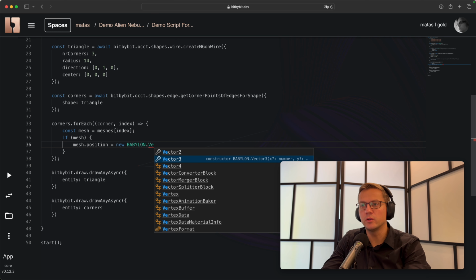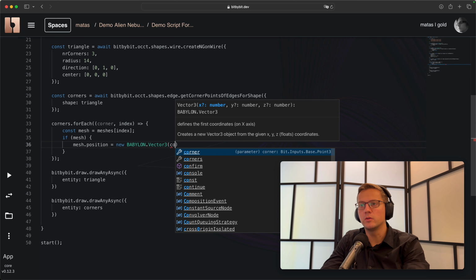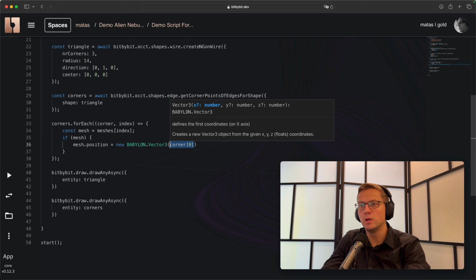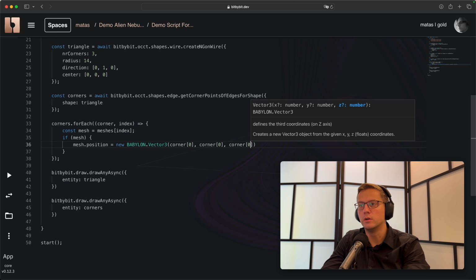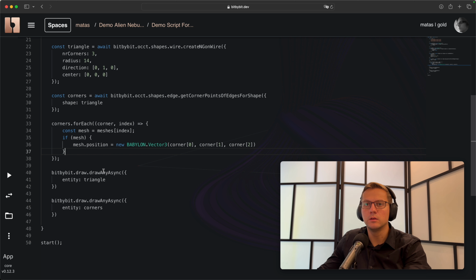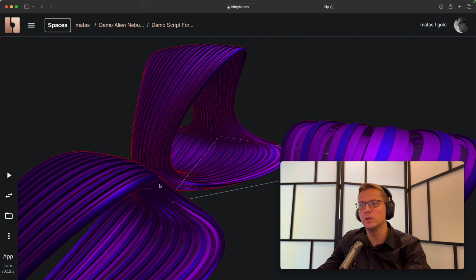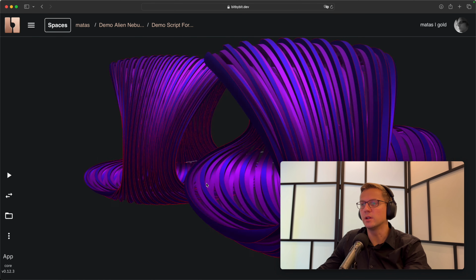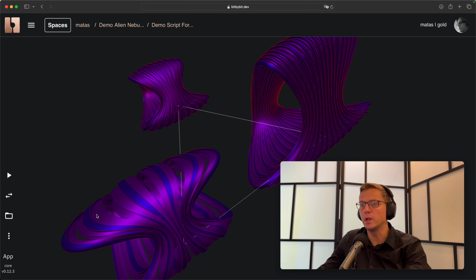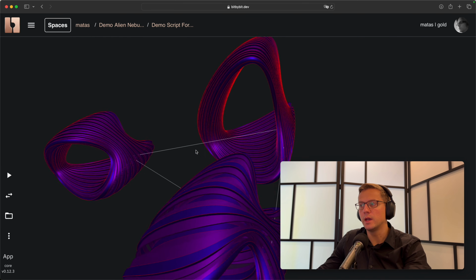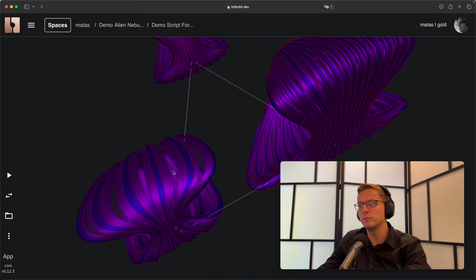And we'll do Vector3. And the Vector3 will be coming from corner 0, corner 1, and corner 2. This is due to the fact that bitbybit just encodes vectors as number arrays. And okay, so now we'll go ahead and click run. And you see that this script begins to be more presentation-like. Our geometries were placed on those triangle corners. And this is exactly what I want, but